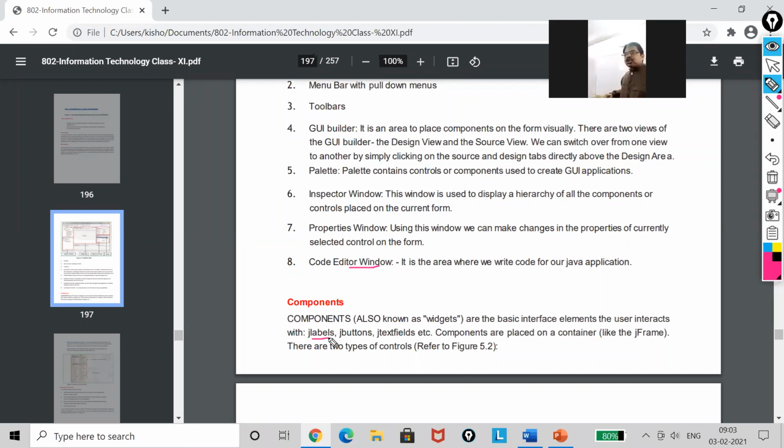I'm just showing this on the board, you can see it. Now friends, this is my form, and I'm going to use the text field and the label box.